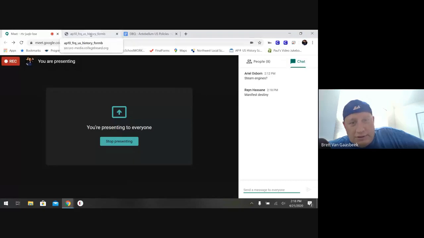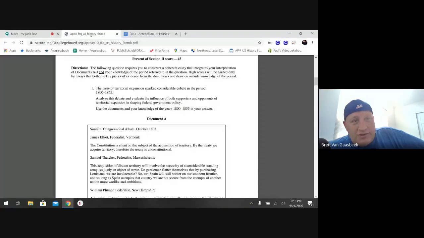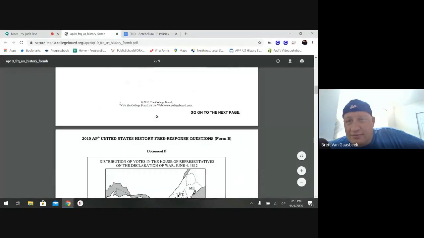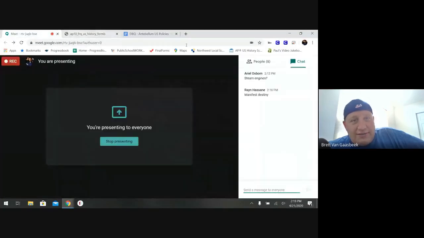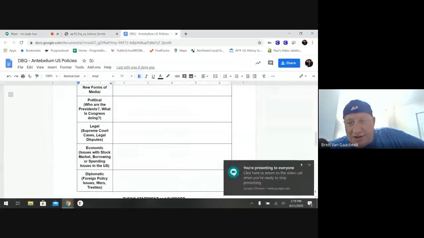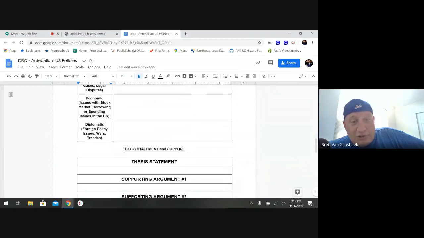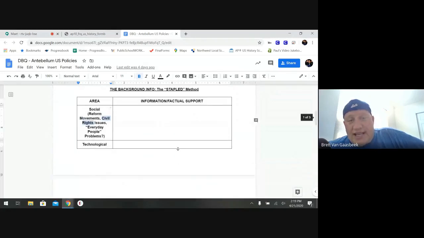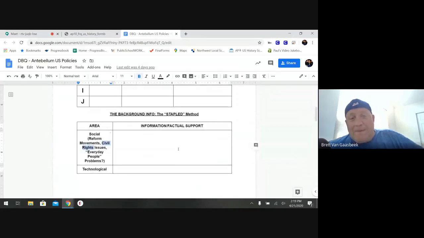So good work. Of course, Osborne, I just noticed that you did it earlier with steam engines, correct? So my apologies for not checking what I told you guys to do. So of course, the stapled method helps you to kind of organize your thoughts and what was actually going on before you ever look